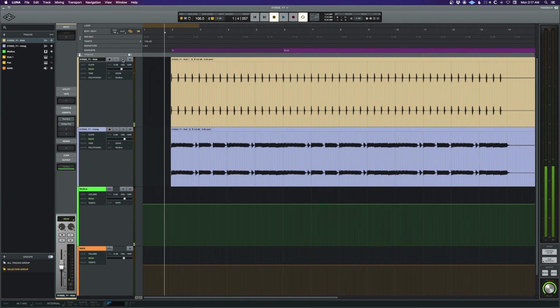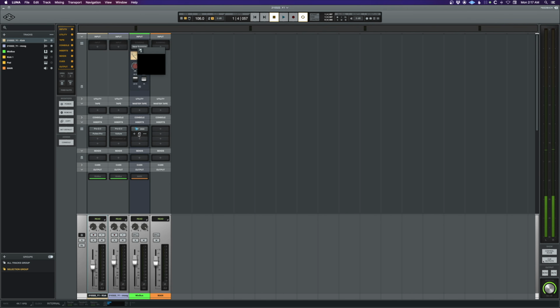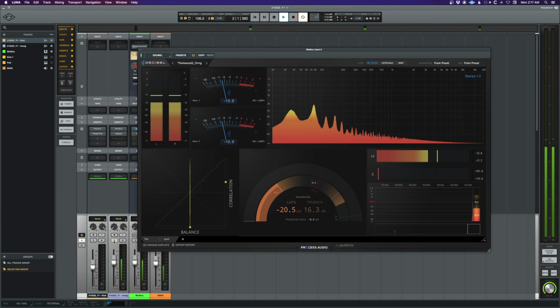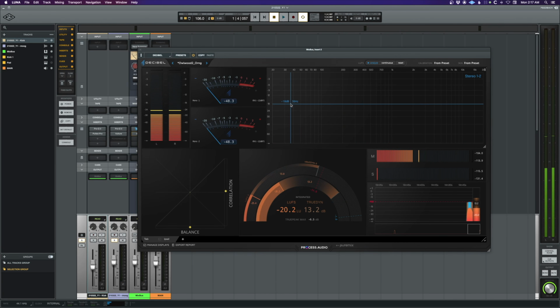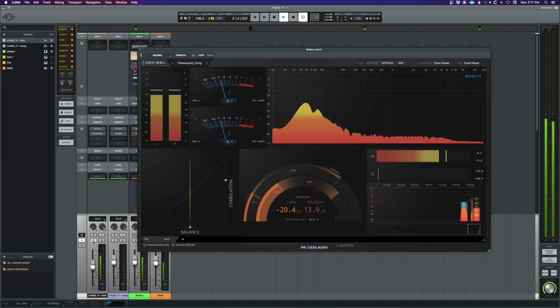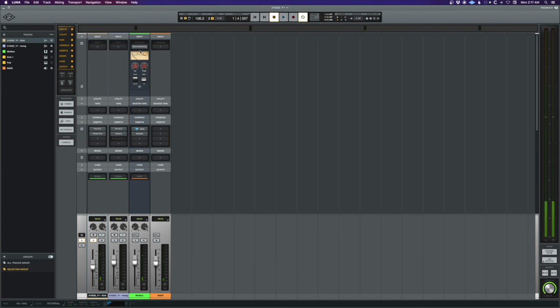And if we take a look at the frequency range of these two, we have a lot of frequencies down here in the 40 to about 80 range. Those are the fundamentals happening there. And the kick drum is about the same. And so what that means is that one of those is going to mask the other. And a lot of times we want to hear the attack of the kick drum over the initial transient of